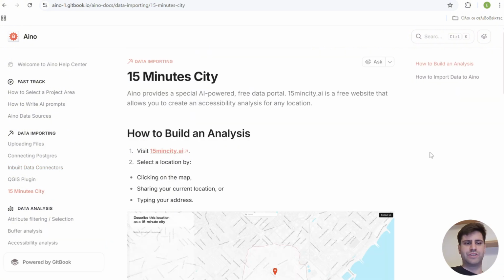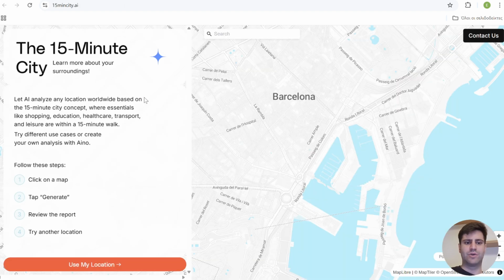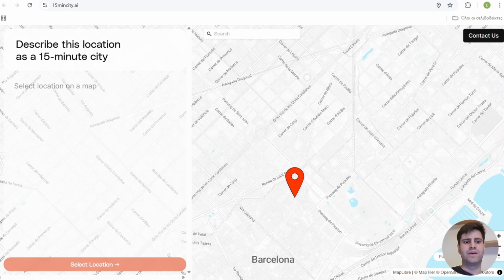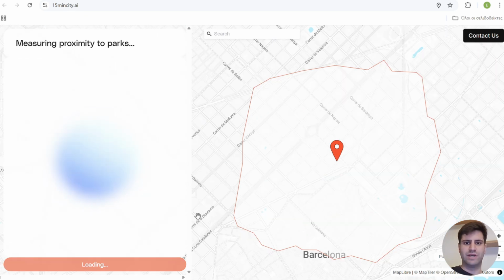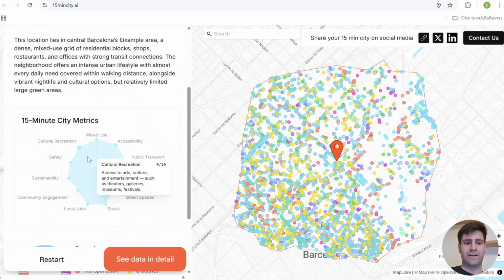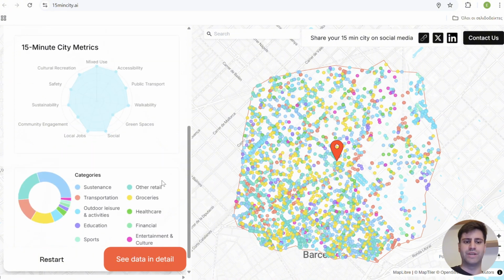Another interesting feature from Aino is the free data portal, 15mincity.ai. It analyzes and ranks every location according to the 15-minute city urban planning concept. For now, we will choose my location and run the analysis. As you can see, my location has a very high score, meaning it's very walkable, and you can also see information about each category that's